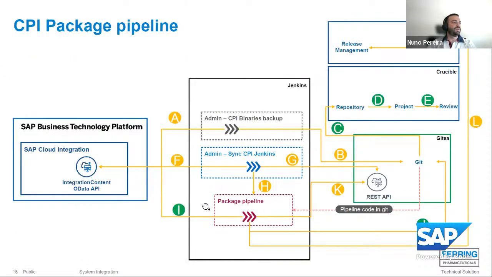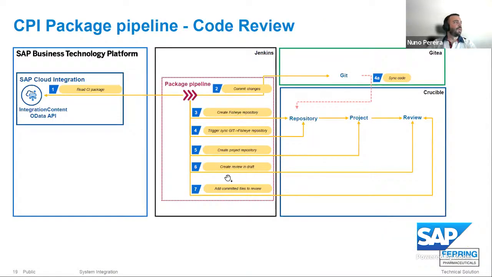So now we can go into the details of each package pipeline. What does it do? And for that, this would be the route that we are following. So for each package, when this package pipeline runs, we read the CPI package that is there. We commit the source code into Git. We then check if